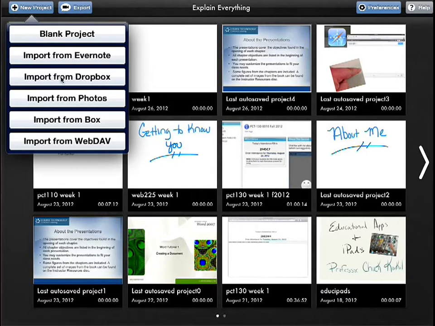On the upper left corner there's a new project area. You can do blank project, would be like a whiteboard initially. Import from Evernote, Dropbox. If you're wanting to import a PDF file you've done on your desktop or laptop, or you want to import a Keynote or PowerPoint. Import photos as well from your local iPad. Import Box, that's an iCloud type of application. And then WebDAV is another iCloud. So we're going to go ahead and start with the blank project